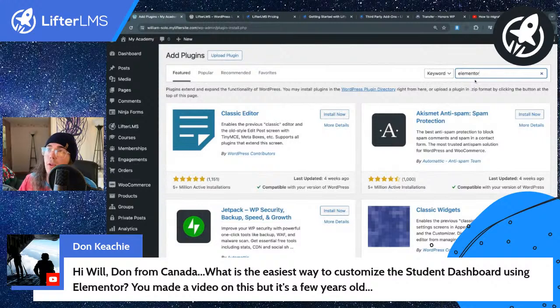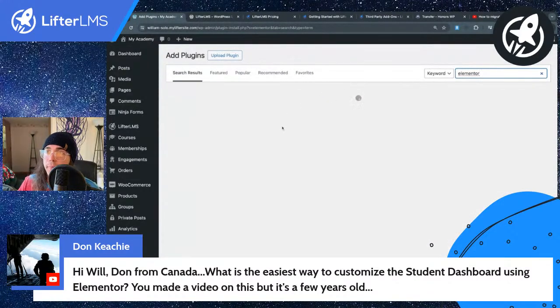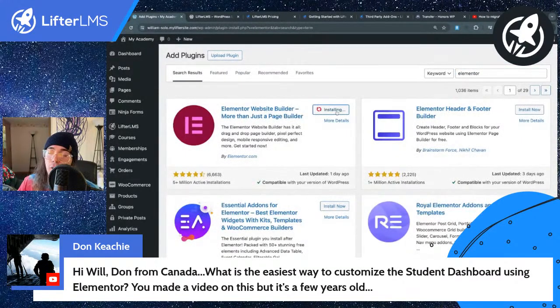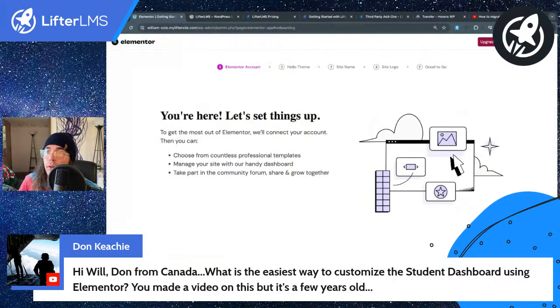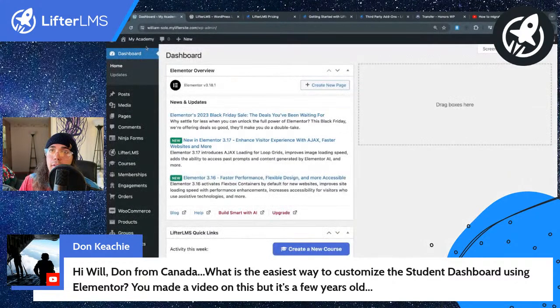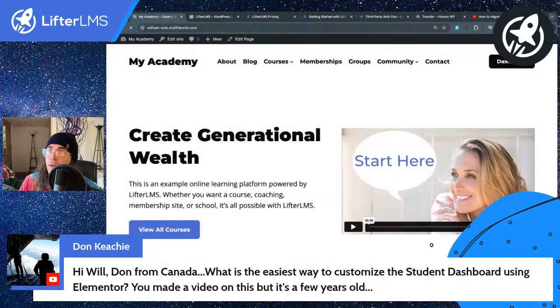If I install the Elementor free plugin on my website, and also if you're working with Elementor free versus Elementor Pro, that's another consideration. And the tips I'll share here would apply to Beaver Builder and Divi as well, and WP Bakery. For just generally getting it set up, I don't want to go through this whole setup wizard. Close that. So I've installed Elementor, and if I go to my dashboard page,